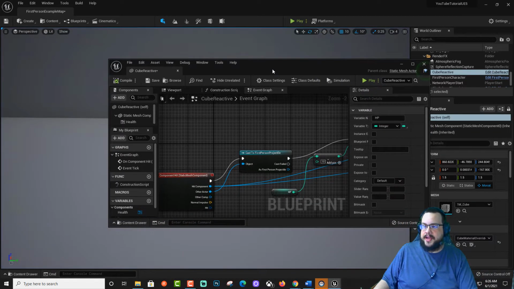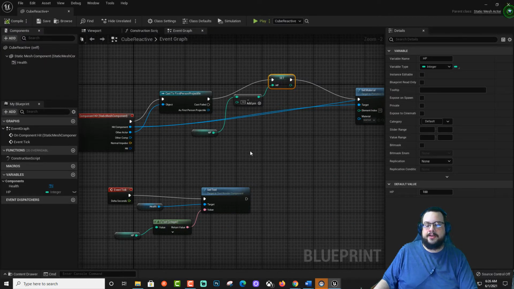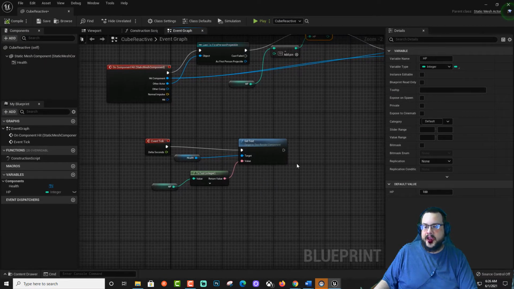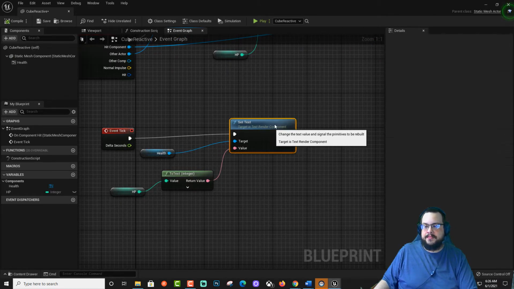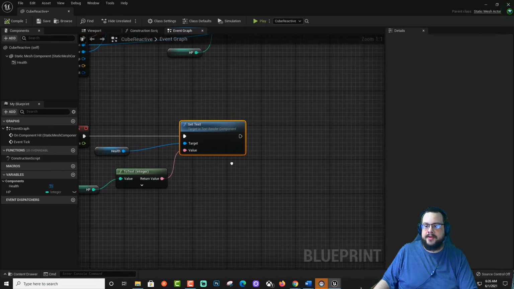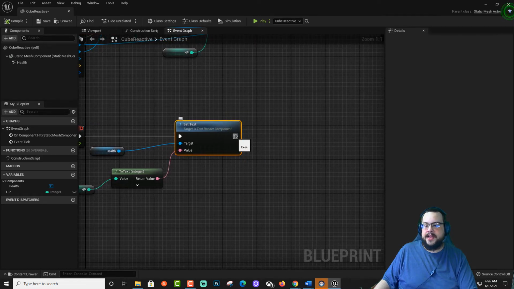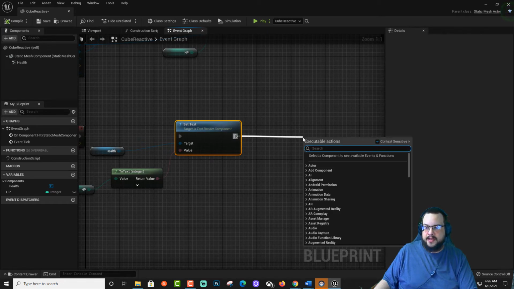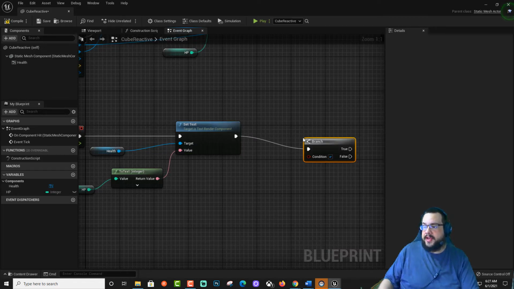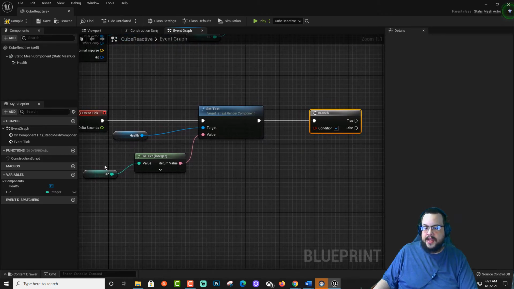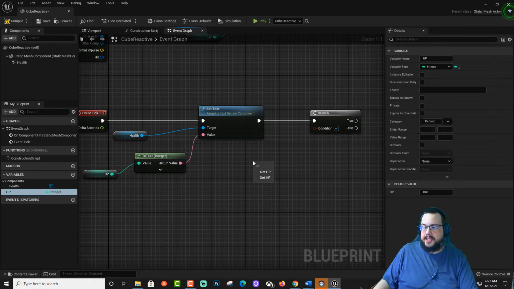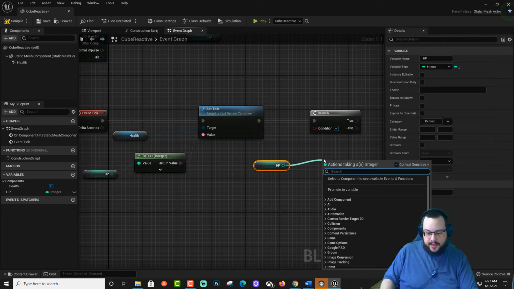So now we need a way to destroy the actor if it reaches 0 HP. In our tick, every frame of the game, it is setting the text to its current HP value. So we can add an extra check after this. We can do an if branch, and we're going to say if HP is